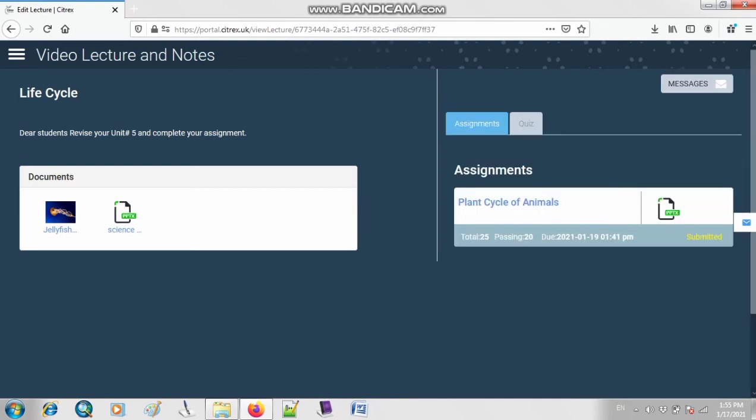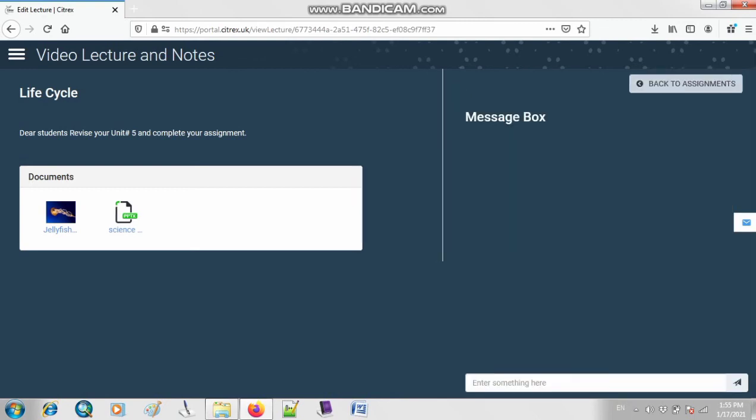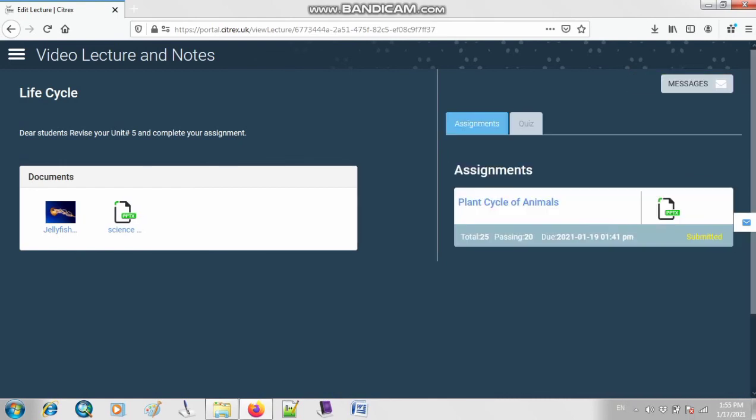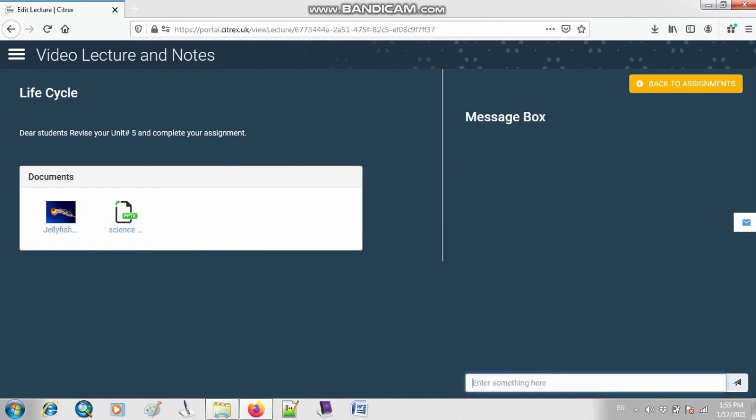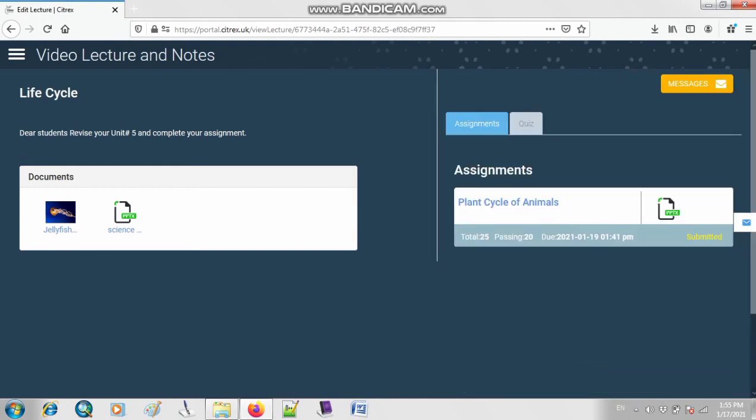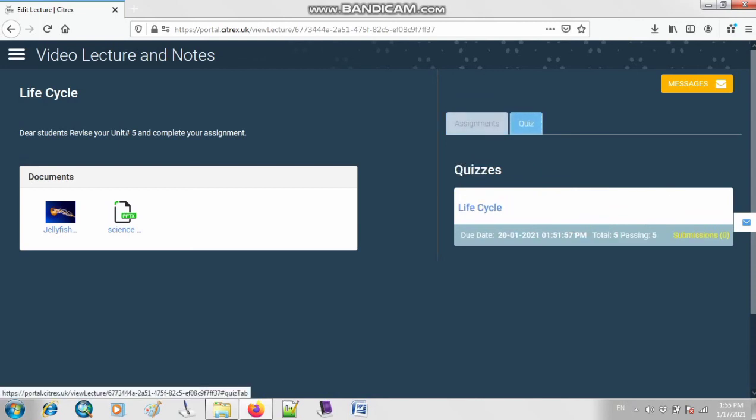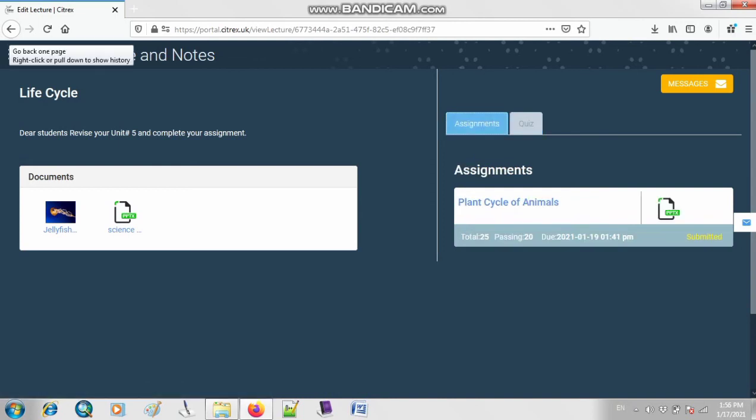So if you want to give some message to your whole class, then you can click on this option of messages. You can type your message here, click on this option of send, and your message will be visible to all your class. However many students are in your class, it will be visible to all of them. So this is the quiz you have assigned to your class. Like this is 0 submission, that means none of the students has attempted it right now. Okay, so in this way we can assign the homework and class homework and assignment to the class.